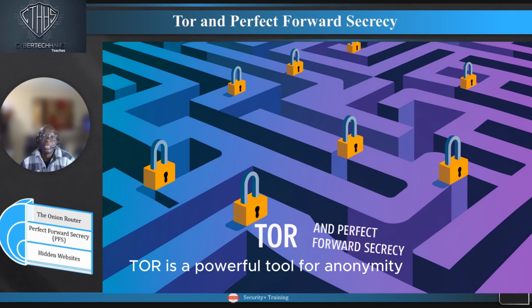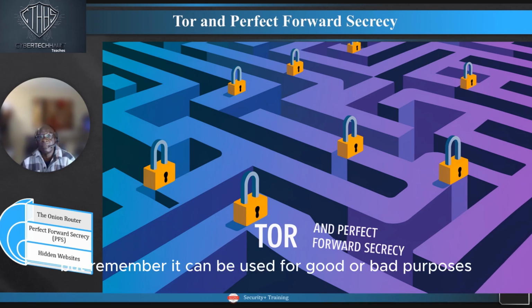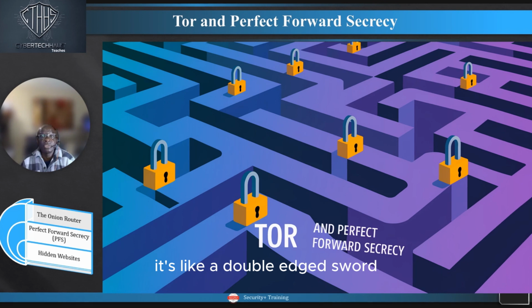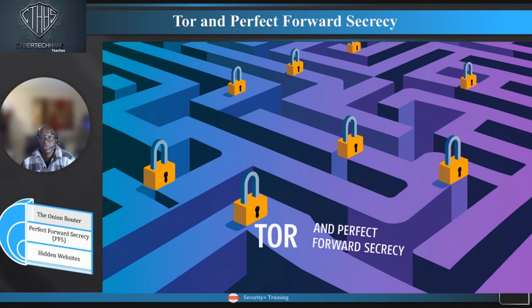Tor is a powerful tool for anonymity, like a secret passageway on the internet. But remember, it can be used for good or bad purposes. It's like a double-edged sword. It can protect your privacy, but it can also be used to hide illegal activities. So be careful. In summary,